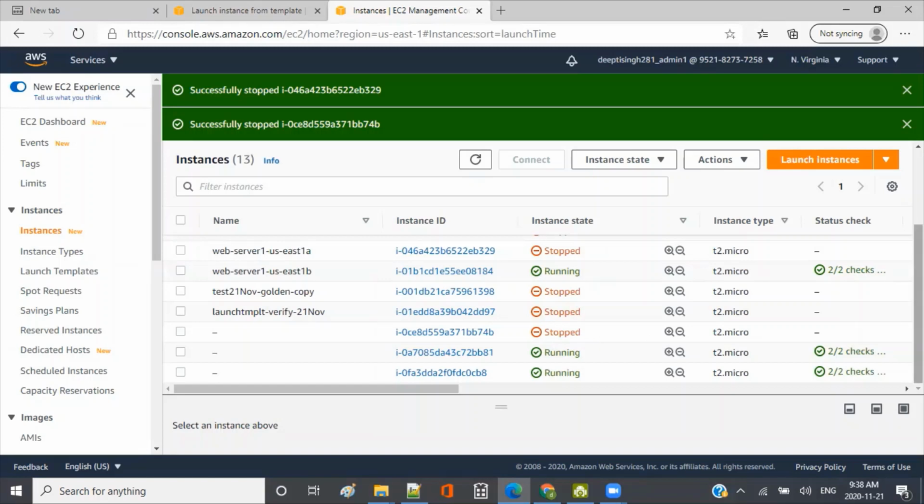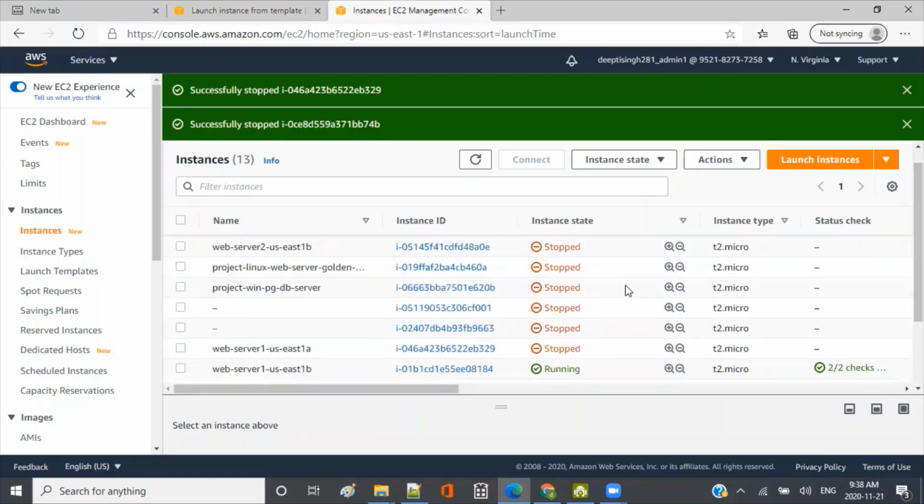The ones which I created manually, if I stop them, they will be in the stopped state, because I created them. I have the power, I have the control. I stopped them, for example 1A and 1B, right? So 1A I have stopped, so it is in the stopped state. It will stay in this state until I explicitly terminate it. My instance is there, everything is there. Whenever I want, I can start it again.